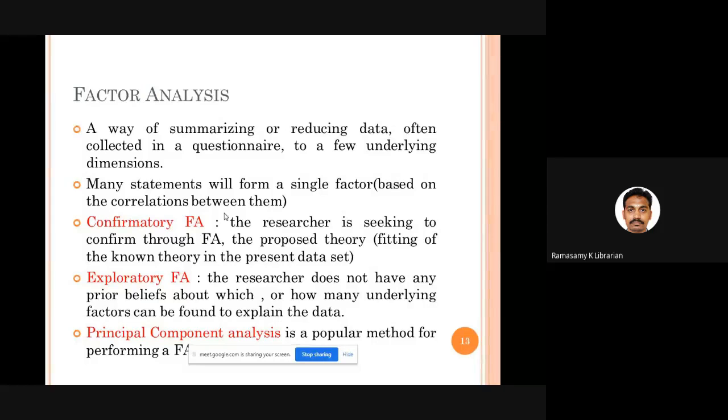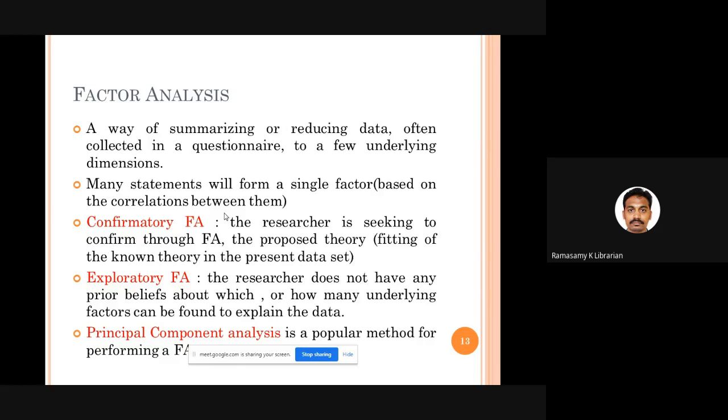At the end of the exploratory factor analysis, you will understand how many factors there are and how many statements are to be written under every factor. So the system will tell you that these many factors are there. You put these many statements in the first factor, these many statements in the second factor. That tells you based on the loading. Fine. That is called exploratory factor analysis, which you can very well do in SPSS. Fine, no problem.